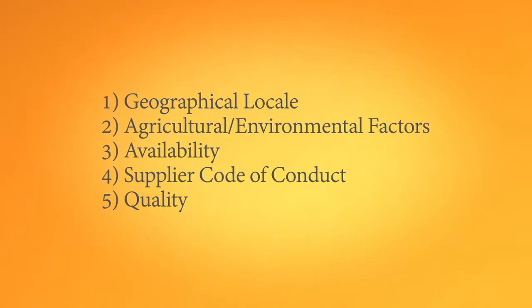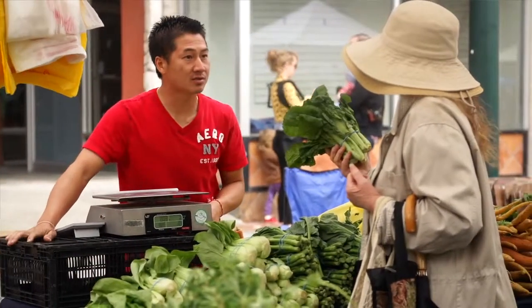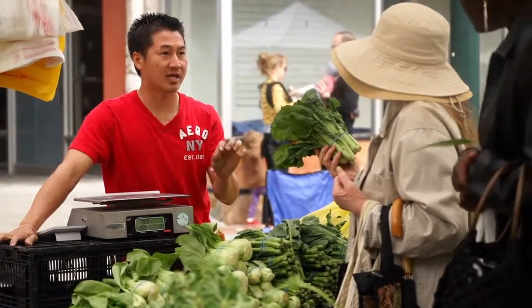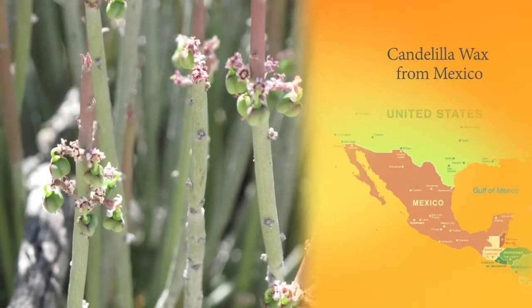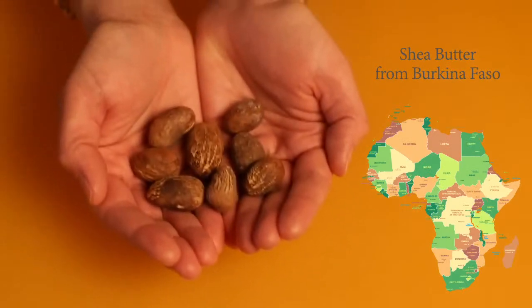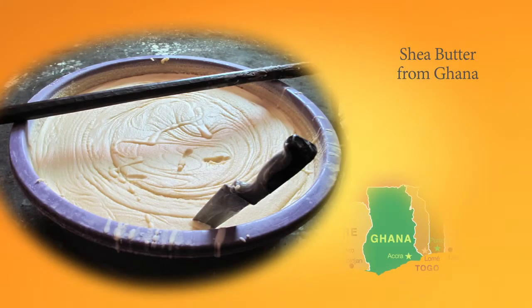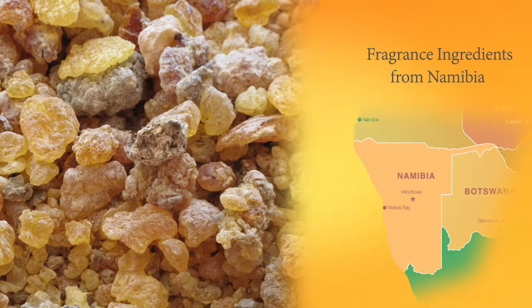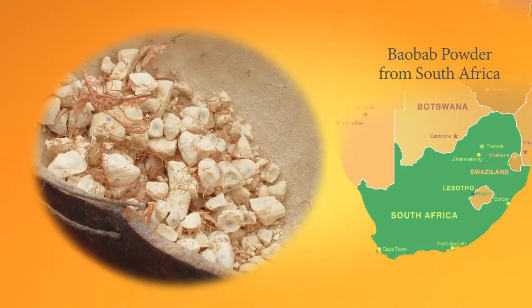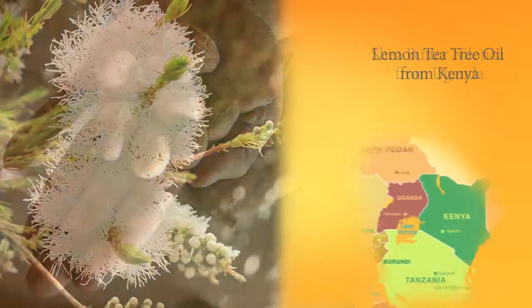Burt's Bees ingredients. So much like our target consumer goes to the farmer's market to know the grower of their ingredients, we are going and understanding what is happening with the growing and the harvesting and the processing of our ingredients. Over the past year, we've visited 8 different countries to take a look at what's going on the ground in our sourcing communities. And we're really excited to share some of the stories and the learnings from some of the recent site visits